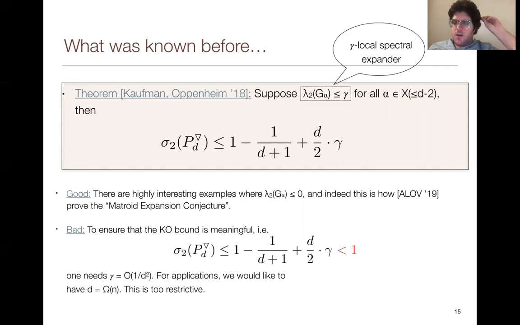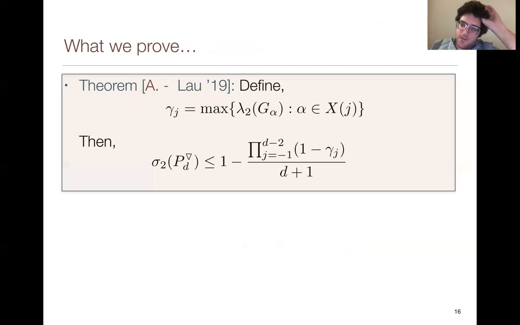But this is a result that is really hard to use because it is very aggressive in the demands it makes on the bound on the expansion. And in many cases where one would be interested in applying this, this expansion requirement is not met. In many cases, we really think of d as n, or order n. And these link graphs that we care about are graphs on n vertices. And we're demanding expansion 1 over n squared. This is really too aggressive. There aren't that many interesting graphs on n vertices that have second eigenvalue bounded by 1 over n squared. This is too restrictive. So what Lap Chi and I prove is this refinement,